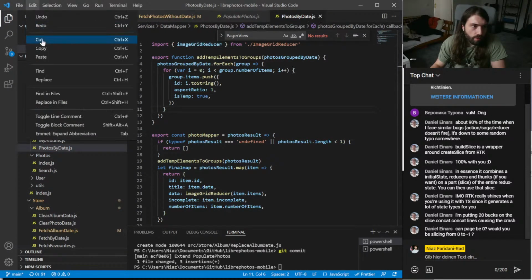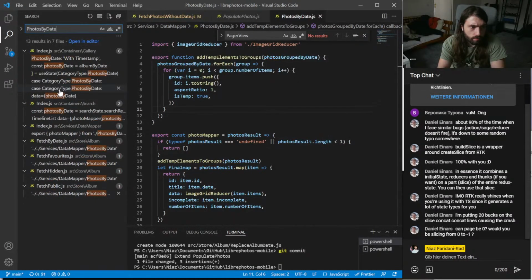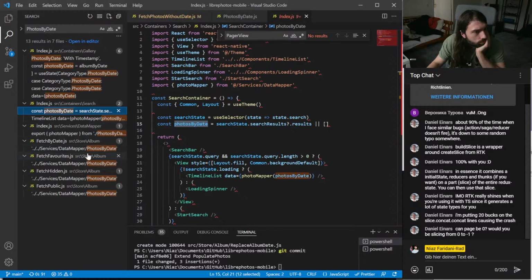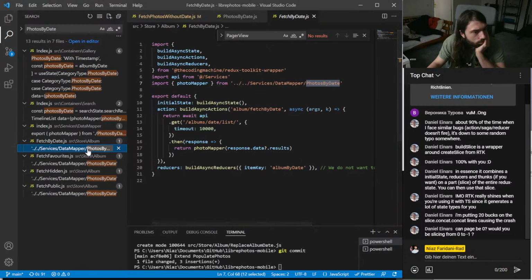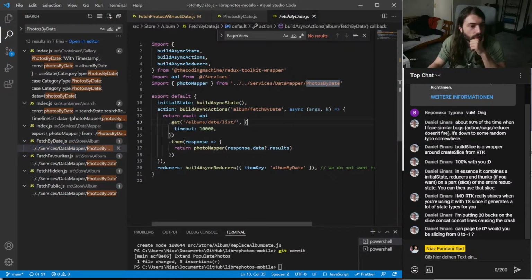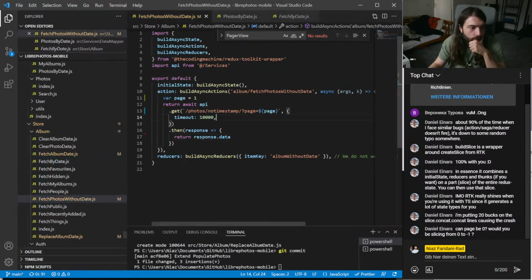Okay, photos by date. Let's look that up. Alright, we just do that directly in this state. I mean, sure, we can do that there too. Fetch by date. Then I will do that by fetch photos without date.